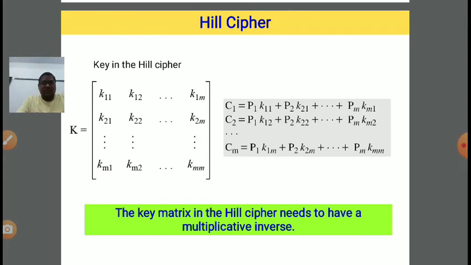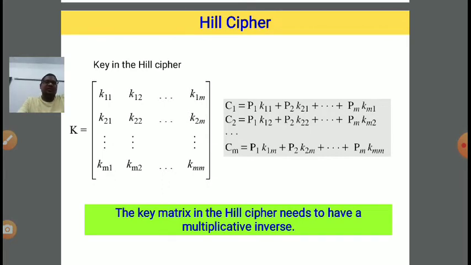Suppose we have m rows and m columns. So it is an m into m matrix, a square matrix. Size is m into m. Now the nomenclature: first row and first column, the key is k11. Suppose I want second row and first column, then the key is k21.